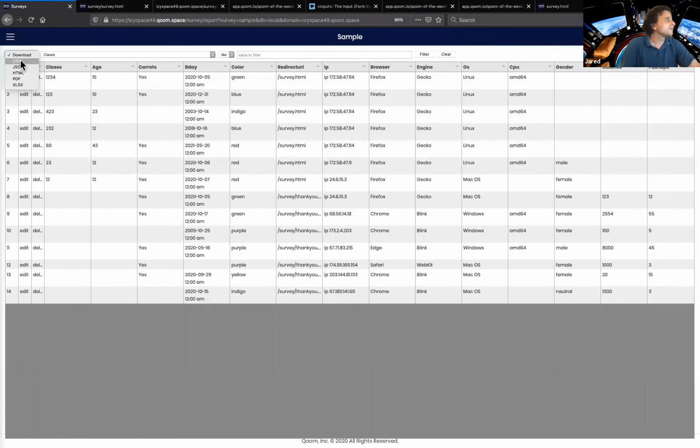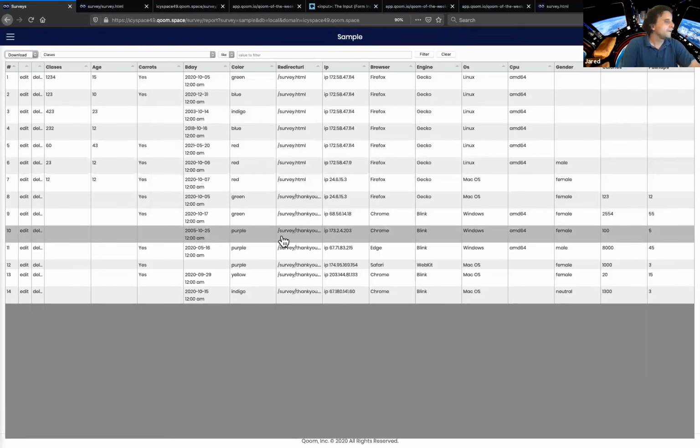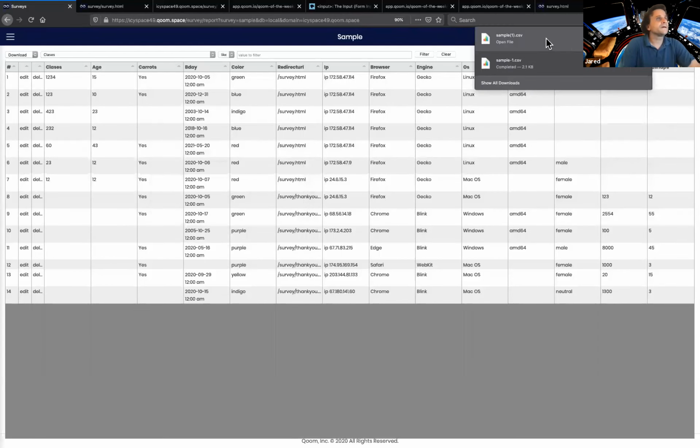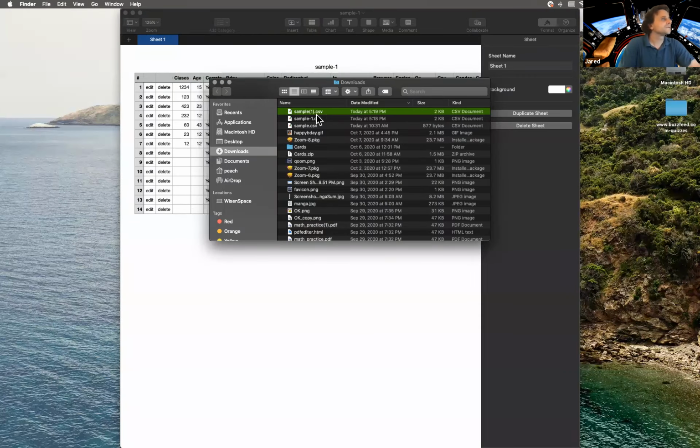You can also download it as CSV to a file. And this will save it in the downloads directory. So if I go to Finder, it's right here. I've done this a few times. That's why I added a 1. And then in Google Spreadsheet, I can go to File, Import, import this file in, and it will go into Google. So you can use whatever spreadsheet program you like to analyze this data. What we're going to do is